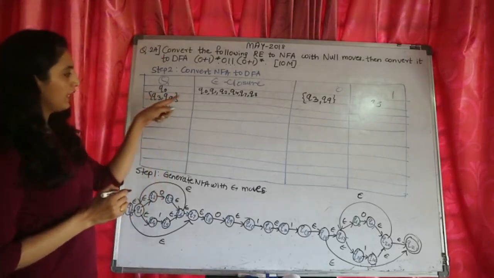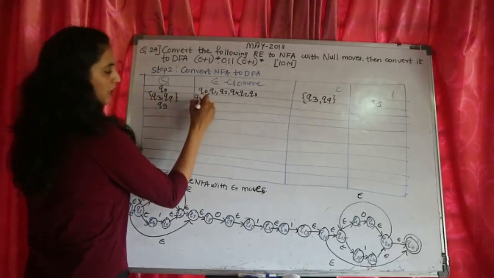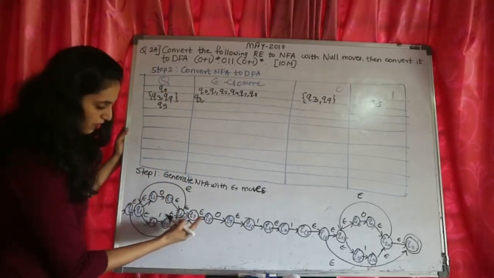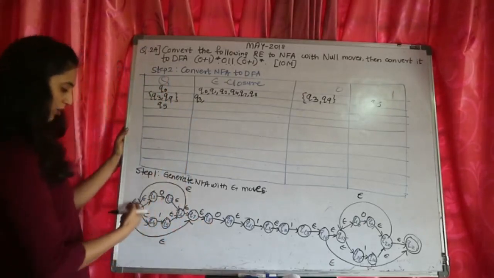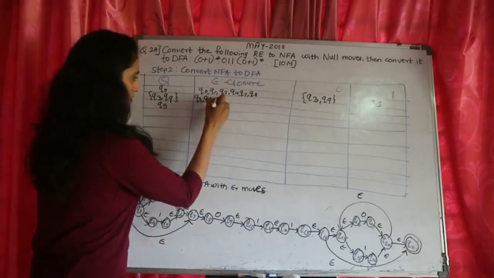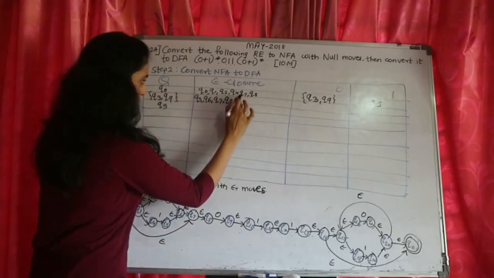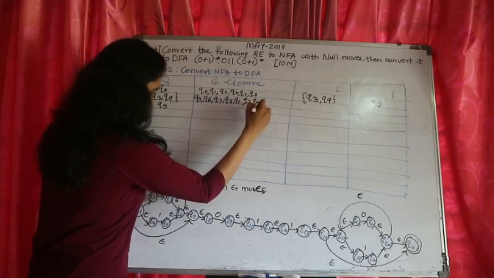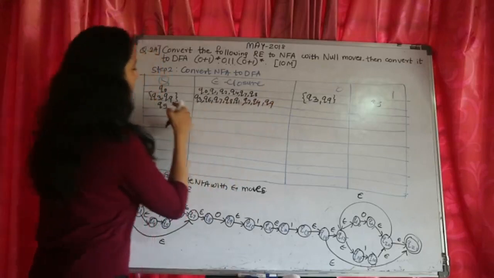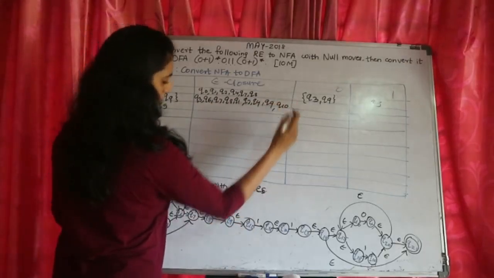When I write Q3, Q9, I have to write the epsilon closure of both Q3 and Q9. That is Q3 on epsilon. Q3 on epsilon goes to Q6, Q7, Q8 and then from Q6 back to Q1, Q2 and Q4. So I can write all of them: Q6, Q7, Q8, Q1, Q2, Q4 and Q9. Okay, so I'll write down for Q9 next. Q9 itself on epsilon goes to Q10 and there it stops.